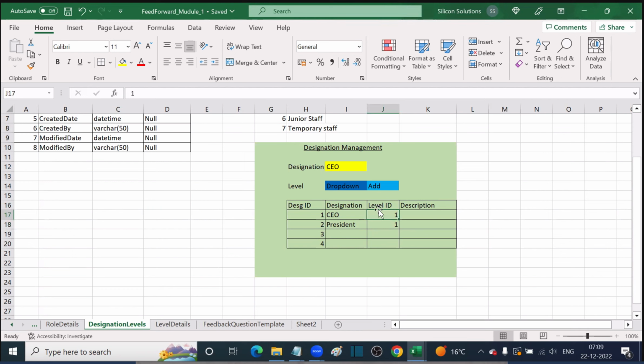Okay, little complicated screen, carefully understand. So who is providing feedback, label you selected. What category of feedback, that category also selected. So based on label and category, you can easily say who are all going to provide the feedback. So if decided that 2 and 3 level people are going to give the feedback, and 1 level people